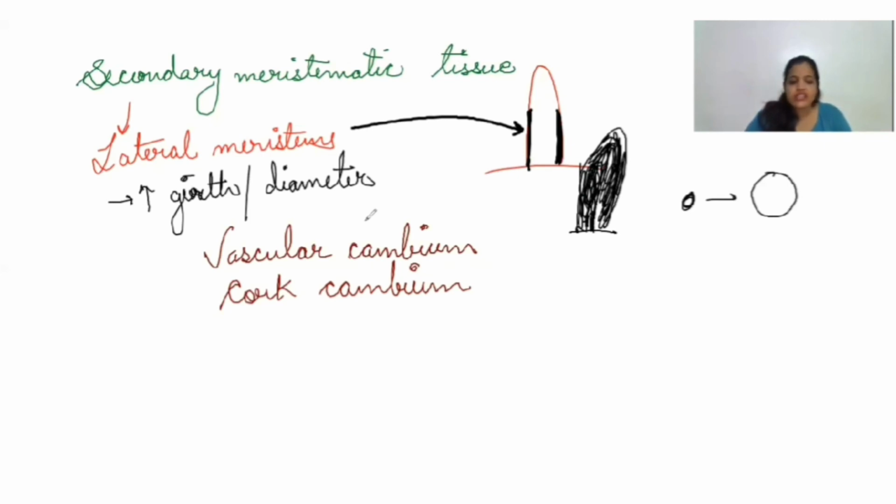So guys, this is all about the meristematic tissues. Now, primary lateral meristematic tissues, they are present on the margins of the meristem. Remember this point, they help in increasing the girth or diameter of the plant. In my next video, we'll talk about the permanent tissues and much more about this tissues in this chapter, which is required for you to know.